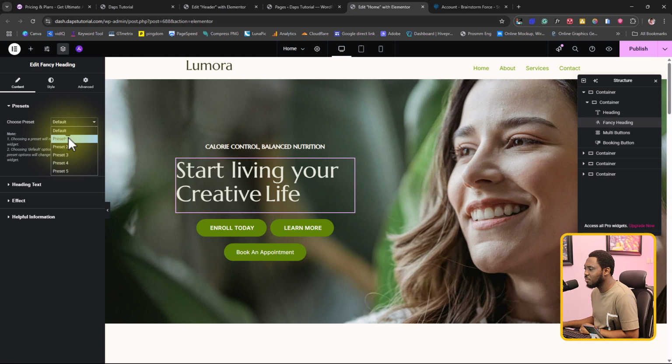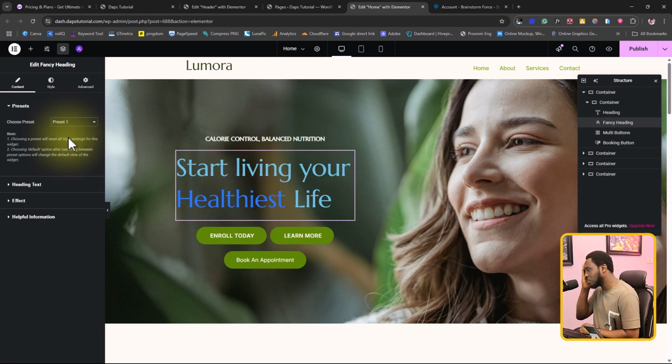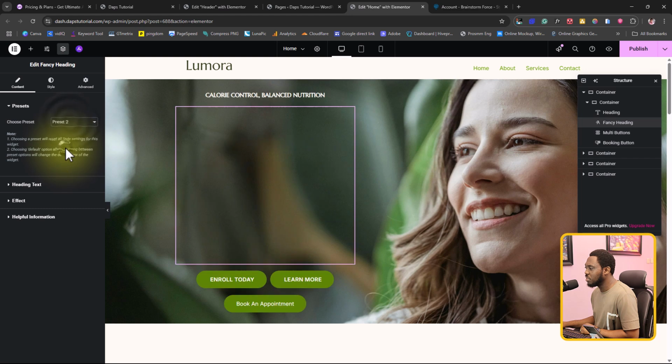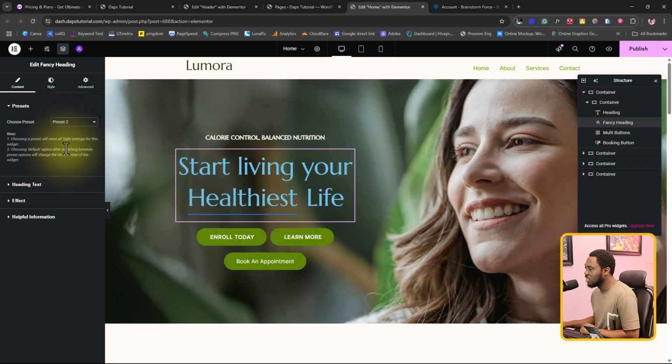So this is the default one. Let's just go to preset 1. You can see this is changing colors, but this is going up. You can see we can still come back to play with the colors. And then for preset 2 as well, you can see how that is turning out. Cool stuff there. So you can see this one has this blue